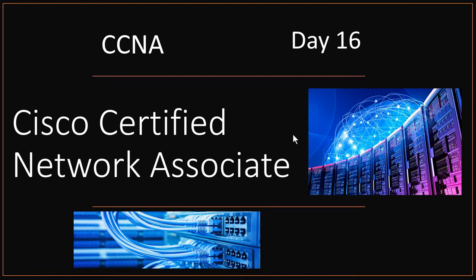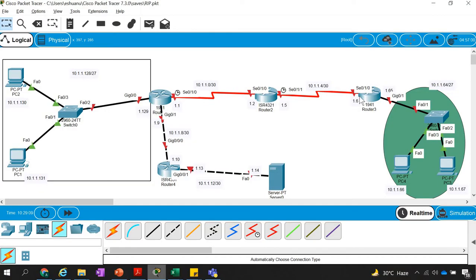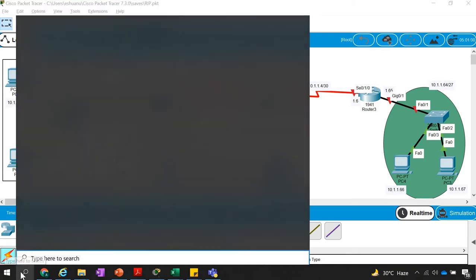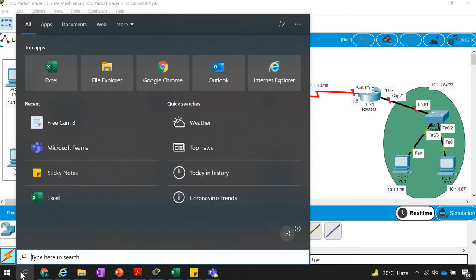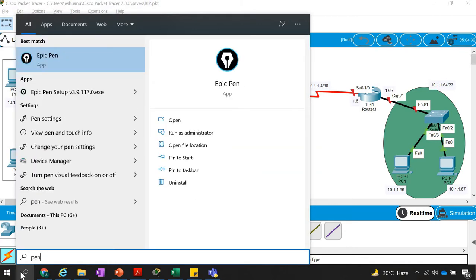Okay, so I have taken one network, and to save time I have created it already. There is no configuration on this network, just the diagram, and I have mentioned the IP addresses as well somewhere, if you see, right?